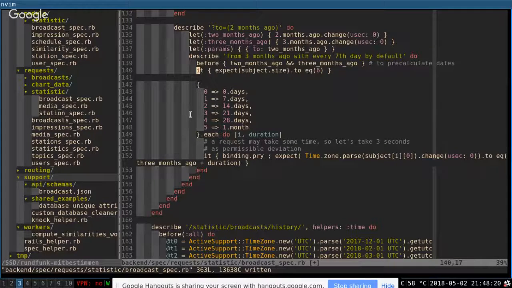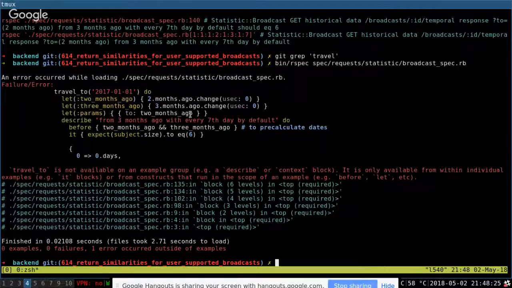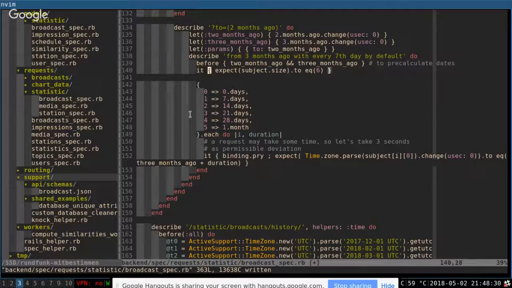Yeah. Well, what was the error now? We cannot use it in an example group. Okay, because it's 2 months ago.